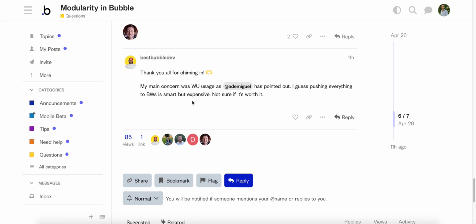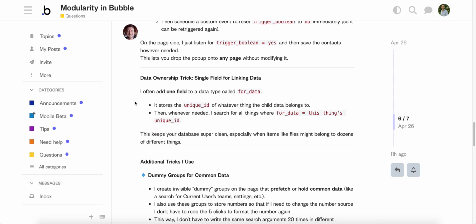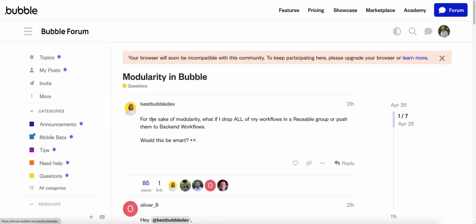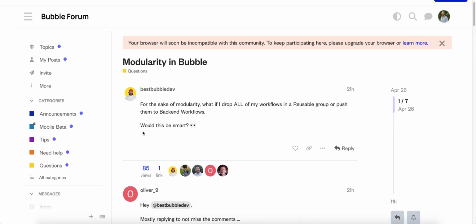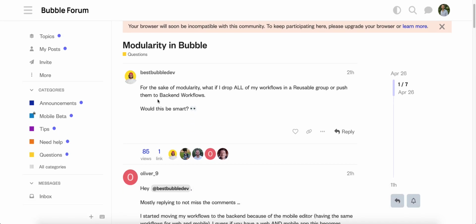So this video is just to demonstrate some stuff that Data Jedi does, based on this post about modularity and Bubble. I think this came out after seeing some of my videos. The question in terms of modularity: what if you drop all your workflows into a reusable group or push them into the back-end workflows? Would it be smart? So back-end workflows, if you just focus on modularity, yeah, that might be smart, because